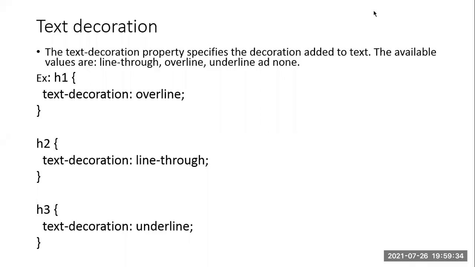Hello students. Today's topic in CSS is about a property called text-decoration. This text-decoration property is similar to what we have in MS Word, where we use the shortcut Control U to underline a text. Likewise, in CSS also we can make use of the text-decoration property, and it takes three attributes, that is